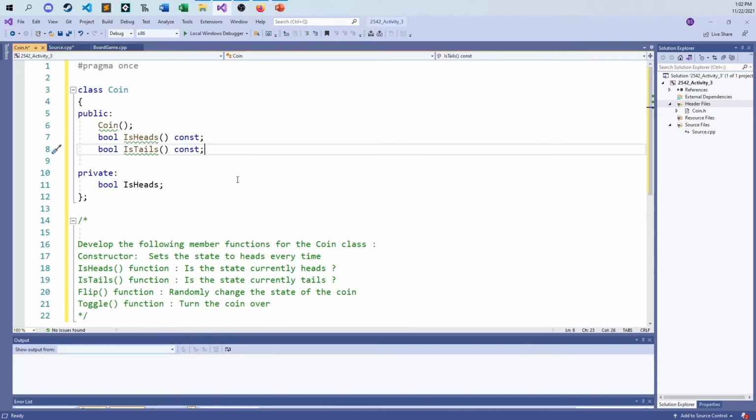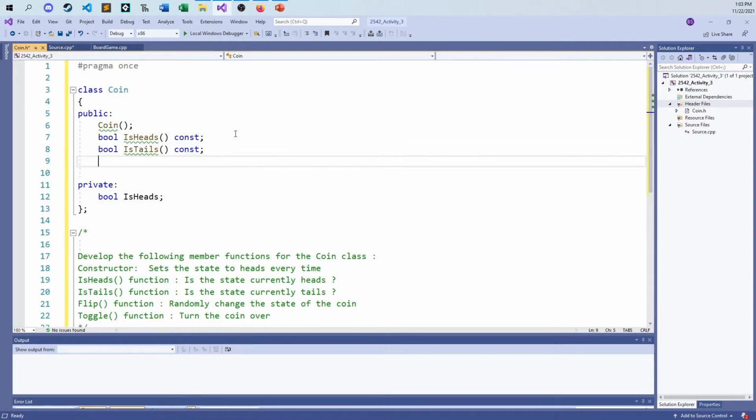or is it tails? And the reason why we throw the const at the end of both of these is that I'm just asking someone, hey, is this thing heads? I'm not telling them or asking them to change the data, change the state of the coin in any way. I'm only asking them to look at the coin and tell me what's going on with the status. So when nothing changes, or the presumption is that nothing's going to change by calling this function, we make the